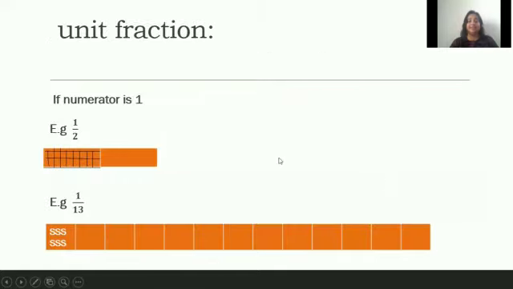Next, just to show you the pictorial presentation, for example, I have 2 bricks and I have shaded or labeled one part. So I can write it, see, there were 2 bricks, so the denominator will be 2, and one part is shaded, so this is 1. So you can represent 1 by 2 this way, and this 1 by 2, because the numerator is 1, is a unit fraction.